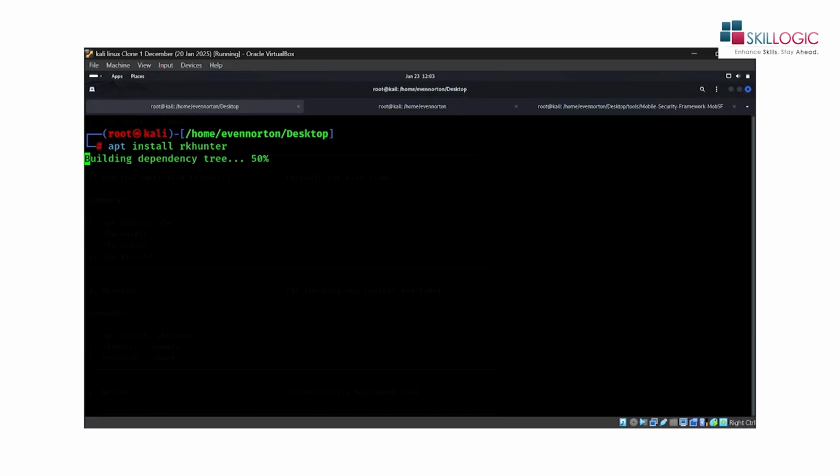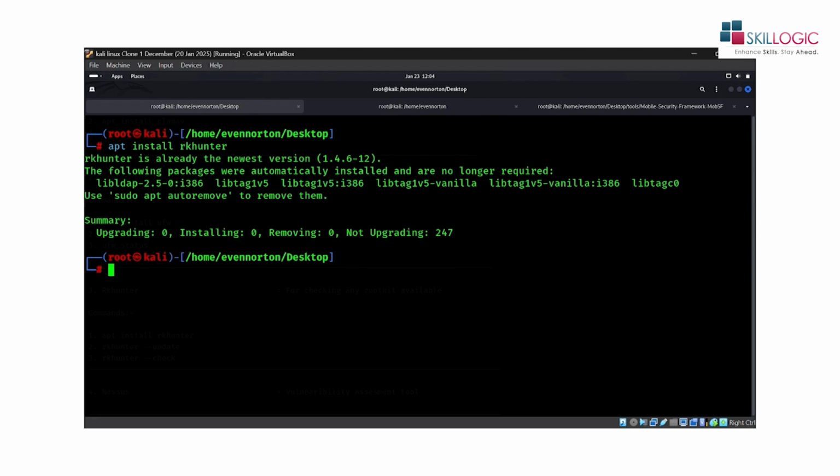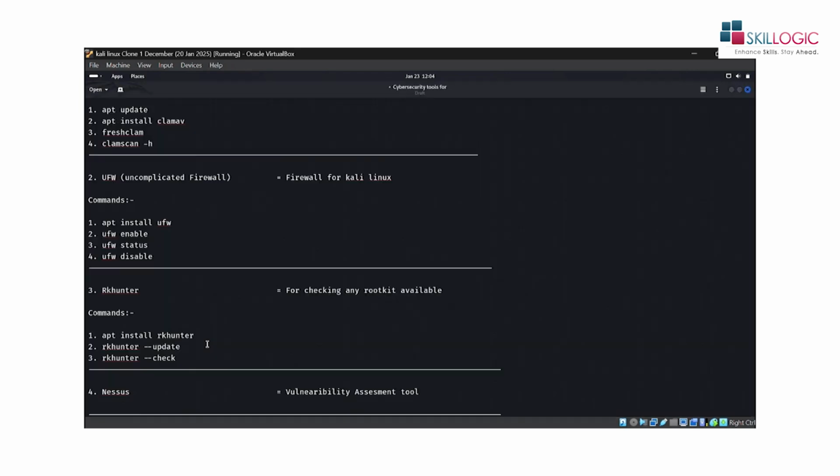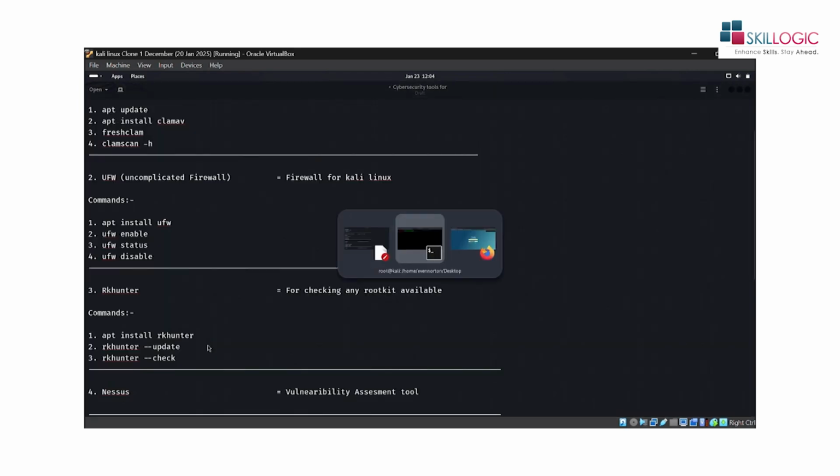apt install rkhunter. It will install all the files needed for RKHunter. I have already installed it, that's why it's showing that we don't need to update anything, it's up to date. Okay, then how do we update it? It's a simple command,